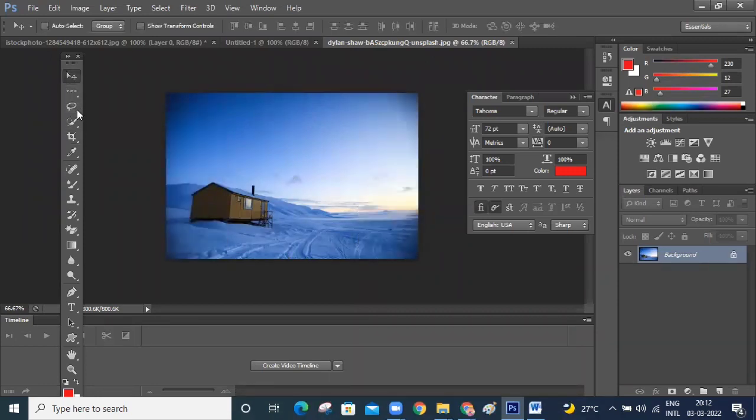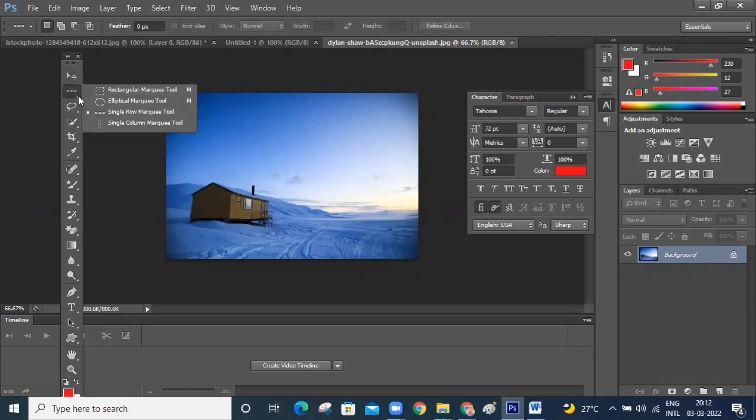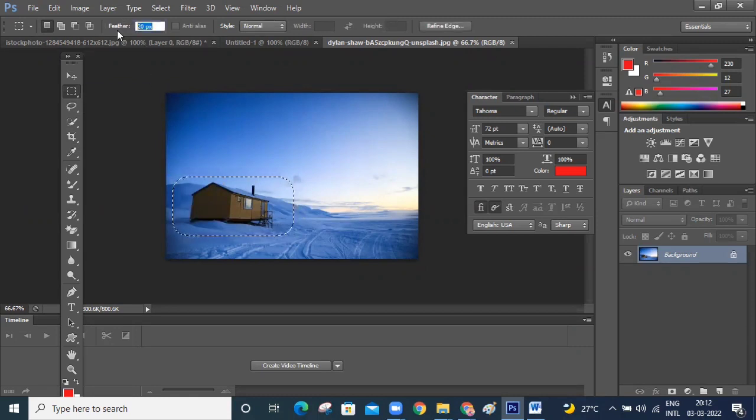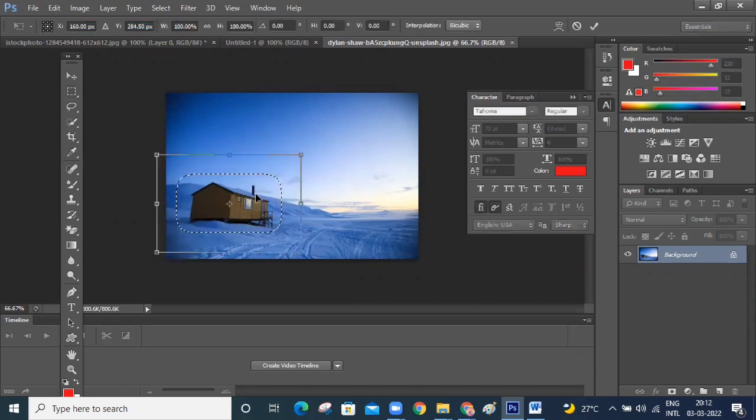I showed you this rectangular marquee tool also, right? With rectangular marquee tool, what we can do is feather, and I'm doing this feather. I'm selecting this one. I'm pressing Control T. Control T means transform.